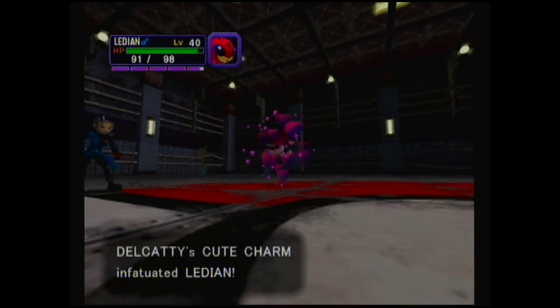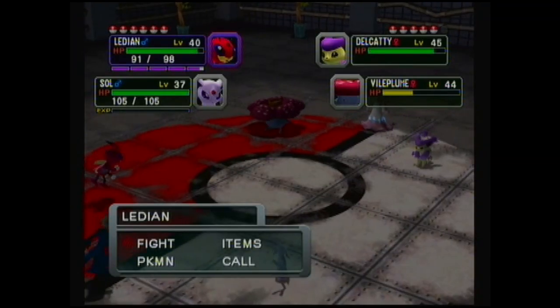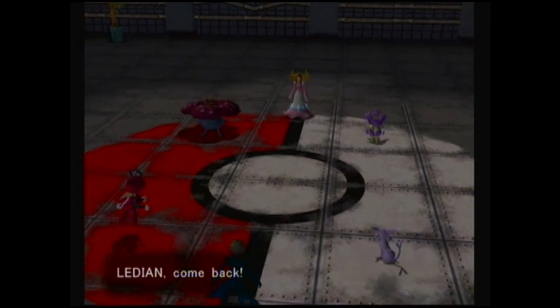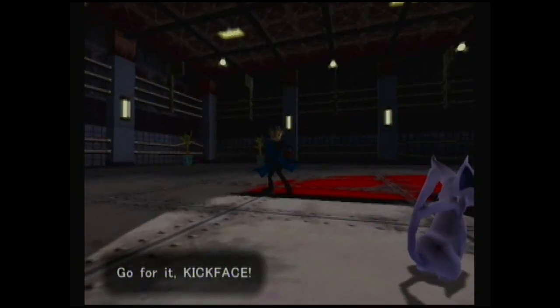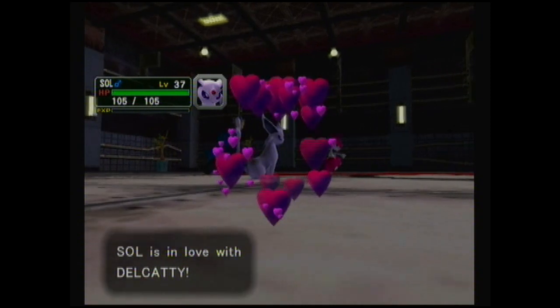Oh look, it's Ladian. Well, I guess that's a match made in heaven. You might notice that Venus is leading with different Pokemon here. I'm not sure if it depends on what you're leading with, or if it's just random. Probably the AI psychically reads what you're leading with and changes her leads accordingly. She'll never lead with Suicune, though. But anyway, I just feel like...